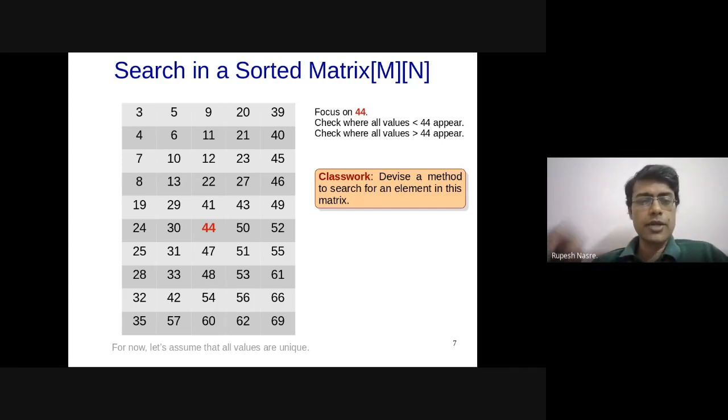But if you start from right bottom, then it becomes a little difficult, because let's say that you are searching for 49 and somehow from 69 you are coming closer to 49 in some way. But I can arrange the numbers in such a manner, as an adversary, such that you will be forced to look at the lower left quadrant or the upper right quadrant. Both of them you might have to look at, because 49 might appear here or there. So that's the worry about the complexity here.